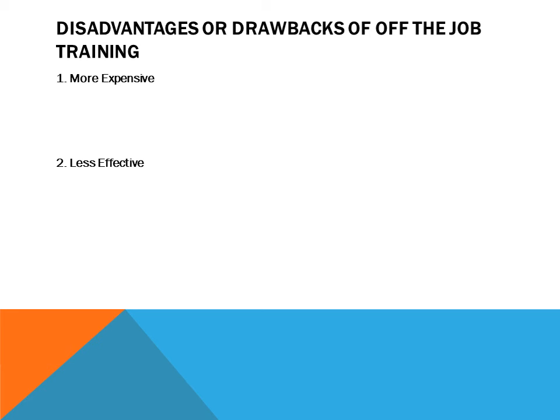And talking about the next disadvantage, the next drawback of off-the-job training is dissatisfaction. Off-the-job training leads to dissatisfaction among employees. Since training is conducted artificially outside the organization, or maybe outside the workplace, employees cannot learn properly in this training method. The training place is different and the working place is different. They learn somewhere else and apply the job knowledge somewhere else, and they feel